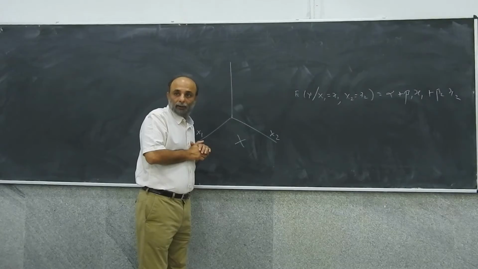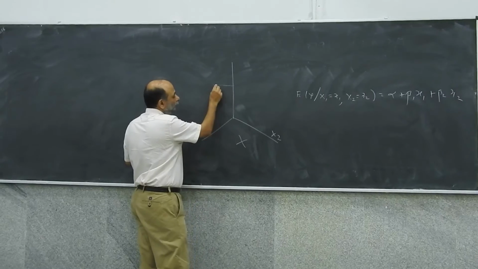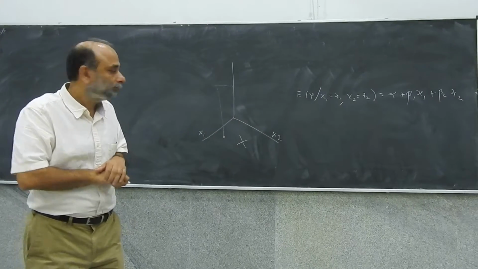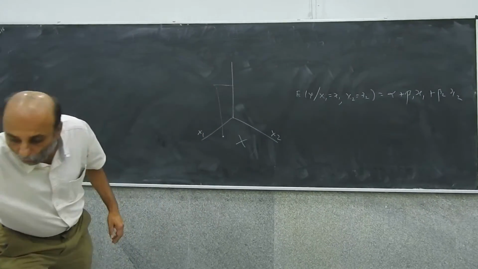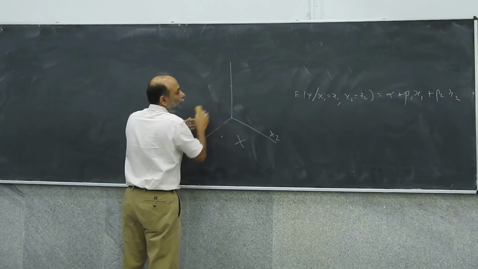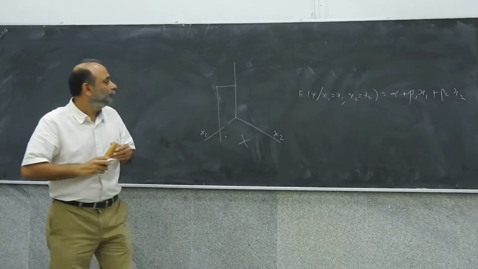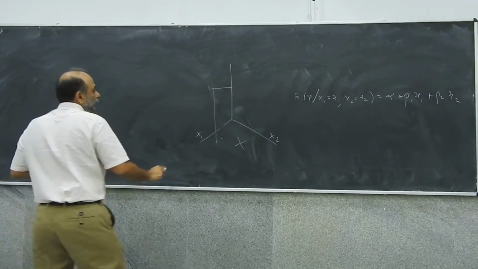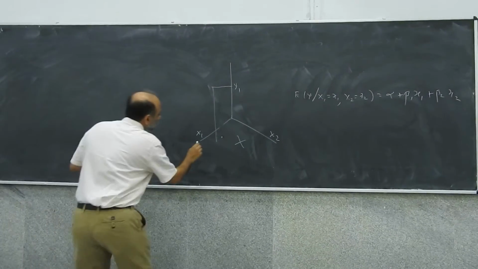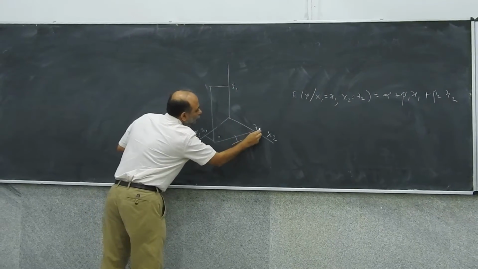Right? So what are we really trying to do? We think of this as y. You have some point here. If you think of this as y, we are thinking of some point on this x plane, right, which is the closest to y. So this is say y1. We are thinking of some point x1, some point x2.